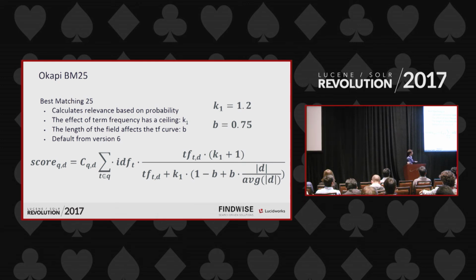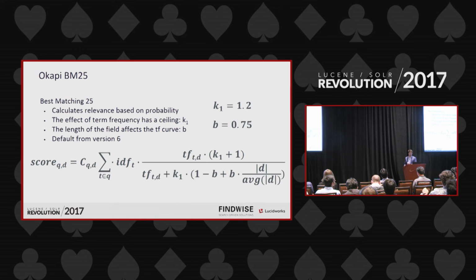And there is a really nice academic paper that explains all the derivatives from that initial formula that I just mentioned to actually getting this. And it is really interesting from the mathematical side of things. But if we actually go on the more practical way of thinking, in a way we are using the same parameters. The only difference is that we have a couple of additional parameters, the K1 and the B, that allow us to tweak how things are affected. And we change how the length of the field affects the relevance.